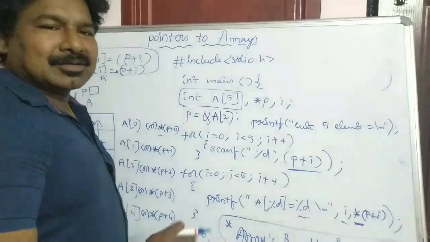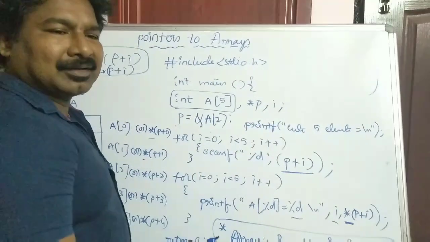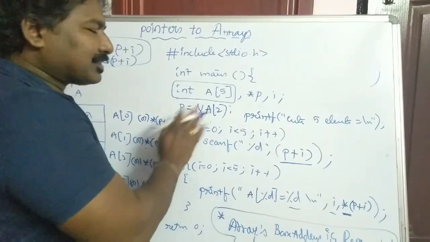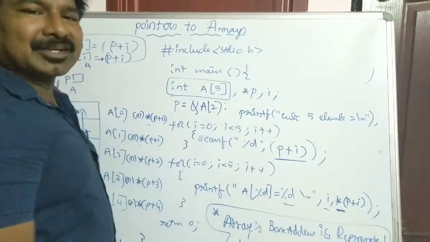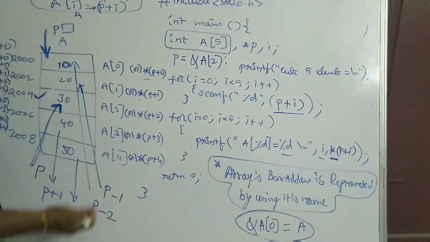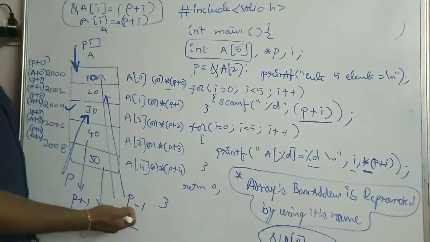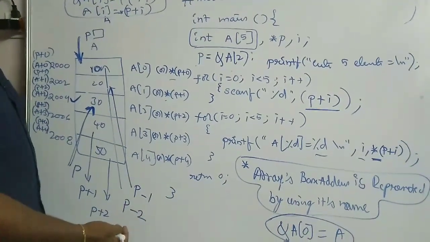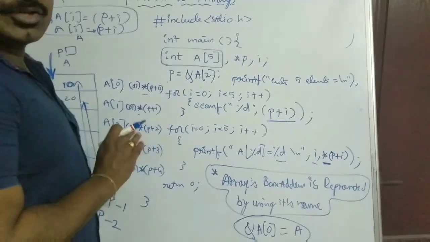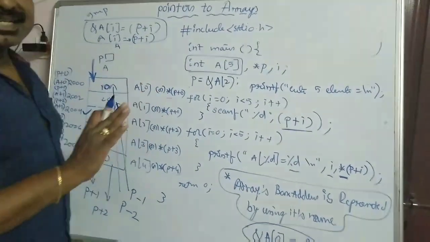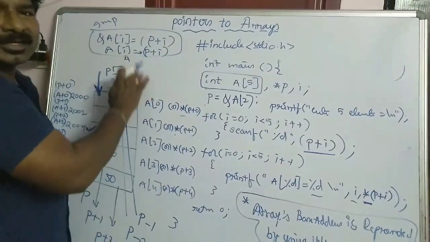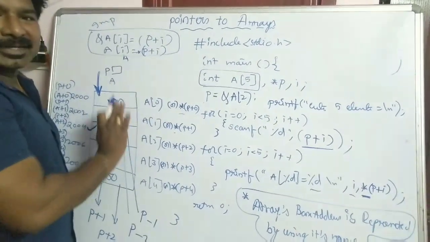Initially we say that the pointer is pointing to the first element, but later your pointer can point to any element of your array. If it is in the middle, you can move either in the forward direction or the backward direction. Remember that if you are moving forward, you are just adding numbers, P plus 1, P plus 2. And if you are moving backward, you are just subtracting numbers, P minus 1, P minus 2. So this is the main concept, friends, pointers to arrays. Here you need to remember two key points. The addresses of the array elements can be represented as P plus index value, that is P plus I, and the values of the elements can be represented as star of P plus I.